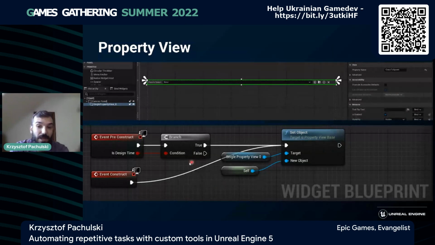Again, let me show you how I set it up. I'm using this event pre-construct and using is design time to make sure that I'm only doing this on pre-construction while I'm designing. What it does in here is it just shows me this inside of the UMG editor, so you can just have a preview of that. Otherwise, it would just have a text saying there is no object set, right? But what we are doing here is setting the object on this property view base, sorry,